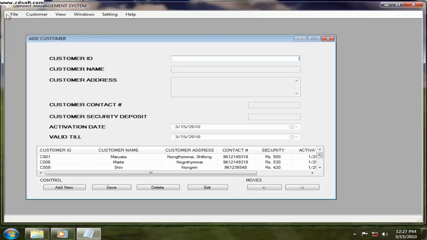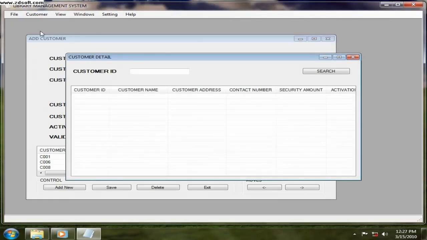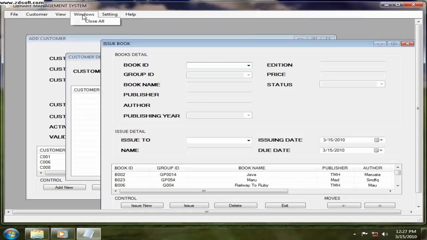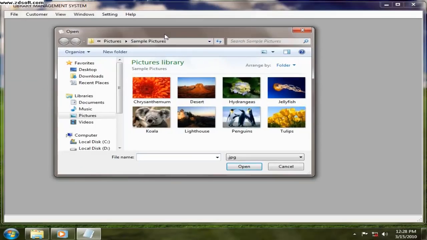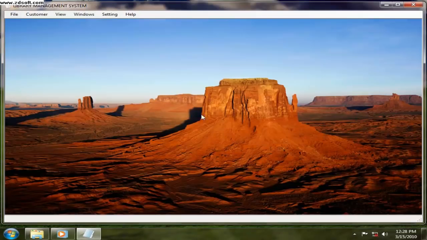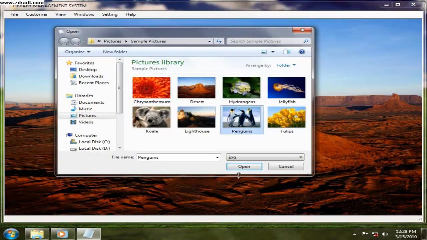And if you have opened all these forms and you want to close all the forms at the same time, go to Windows and close all, and everything will be closed. Now setting, under setting we can change the picture of the form. The picture is changing. The next time you open this form,